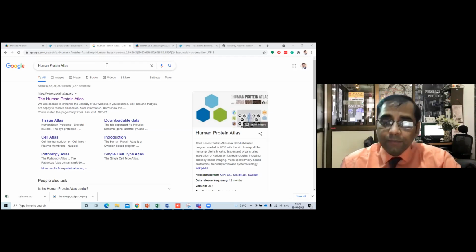So these are different considerations, but how to be confident that what you are doing is right? For instance, when you look at the Reactome report, you will see, okay, for a given pathway, let's say the eukaryotic translation pathway, the first one, 10 proteins from your data set are going to this particular pathway. It may happen that out of the same 10 proteins, 9 proteins also belong to another type of eukaryotic initiation or some other translation pathway. So while the names are slightly different, their functions could be very similar. So now what you can do is look at pathway-wise which proteins are going to which pathways, and then you try to